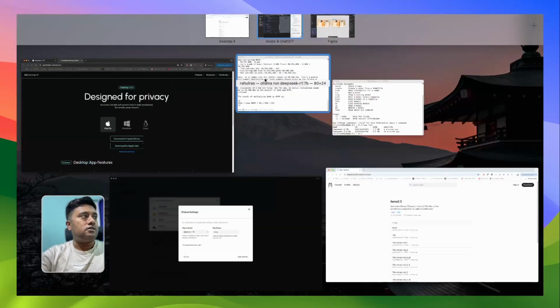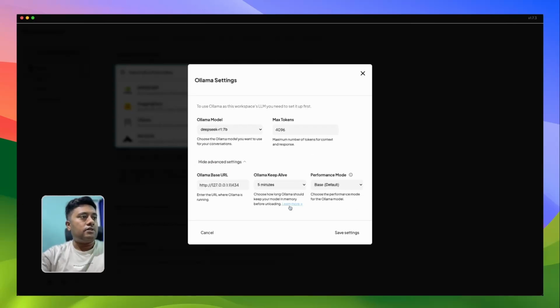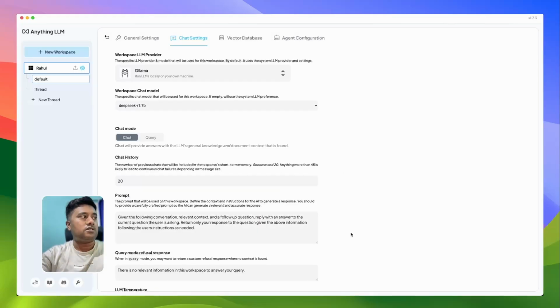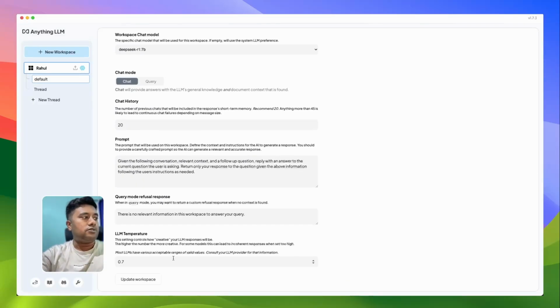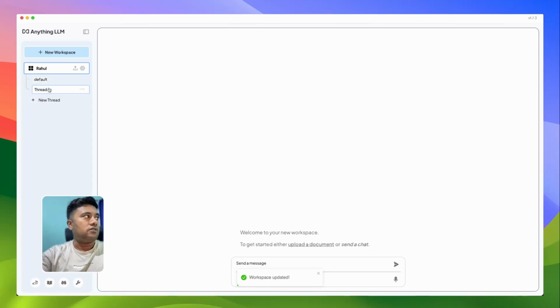So once that is clear, coming back to AnythingLLM, I'll select R1 7B, and in advanced settings you can leave it like this if you want, and you can click on save. And LLM temperature, maybe you can set it to 0.2, and then you need to click on this. Don't forget to click on this button. You need to click on this, and that's when it's going to get updated. If I come back to my default thread or this thread,